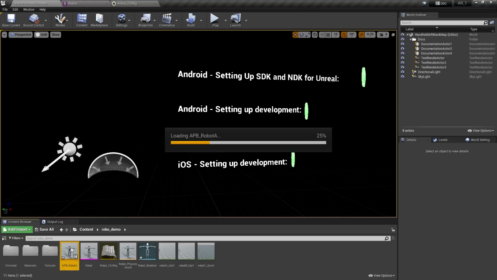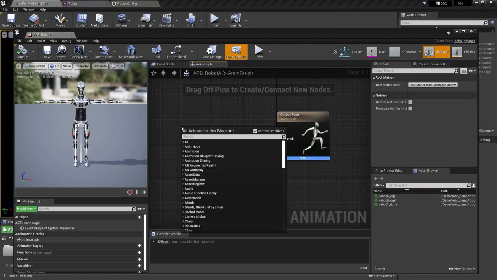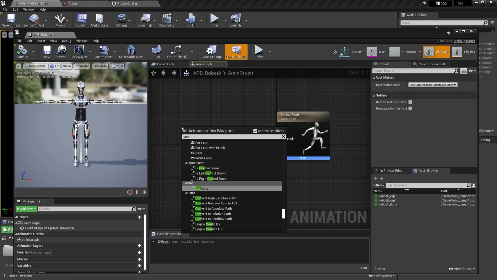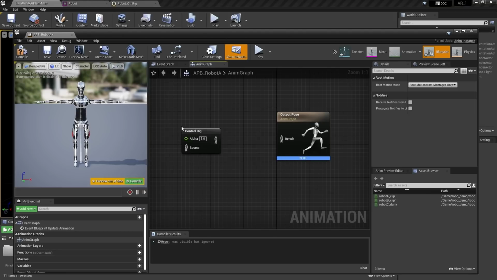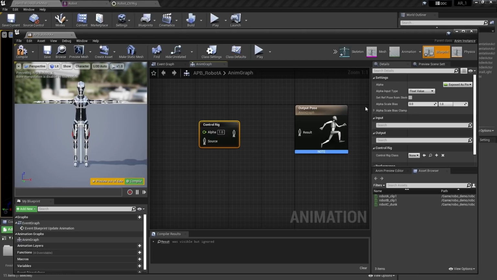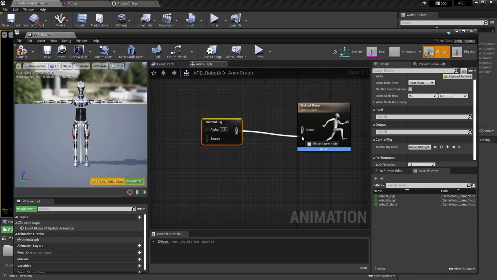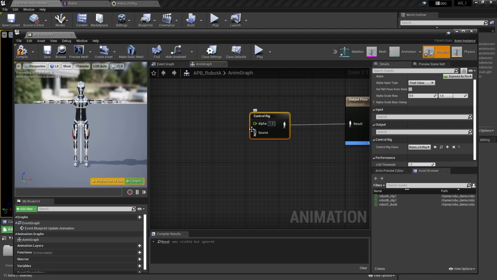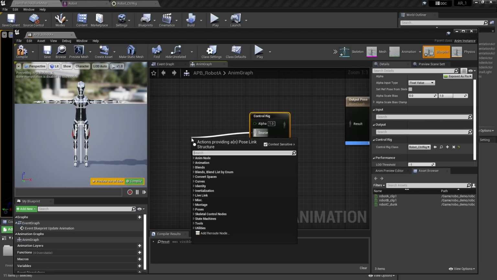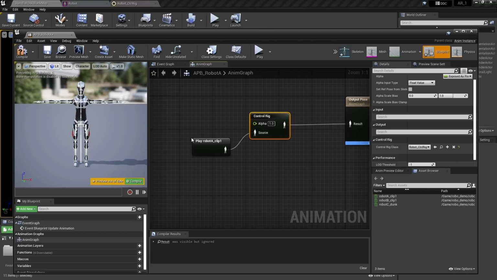All right, so if we double click on this guy and bring it up here, you can see there's our robot. So what we want to do is get that control rig. If I just search for control rig, we can get the control rig inside of there. And on that control rig, we're going to set it to be our robot control rig. So that does that. And then we're obviously going to wire these guys up. Then we're going to come off of this source and get a play, and the clip we want to play is Robot A.